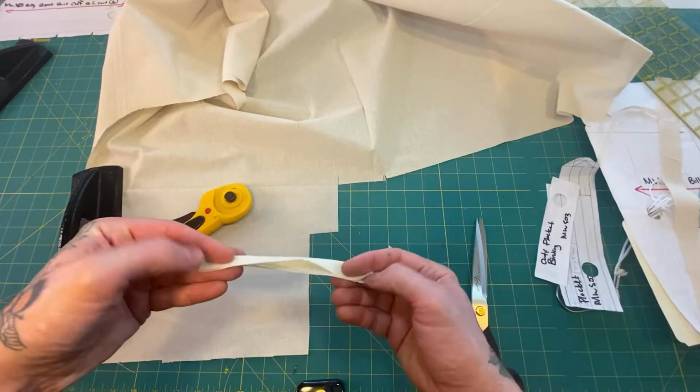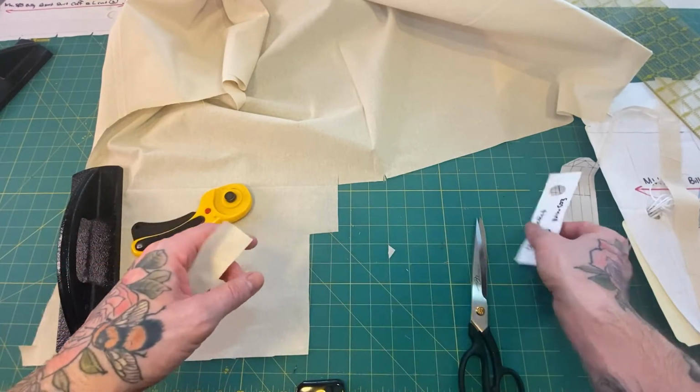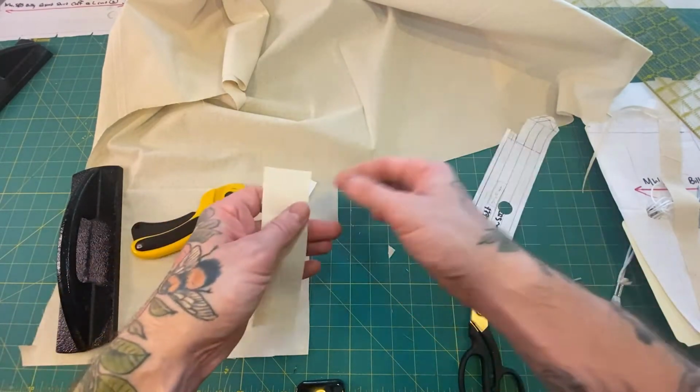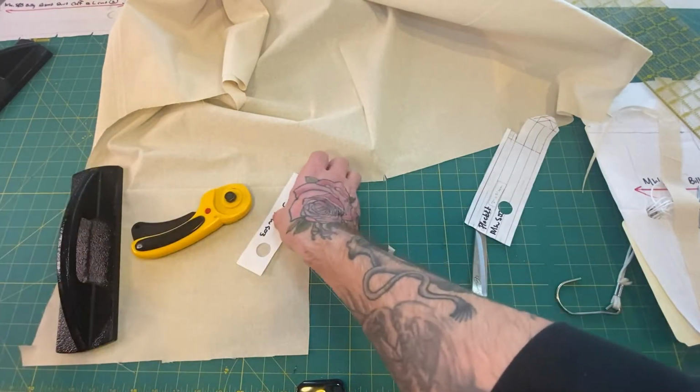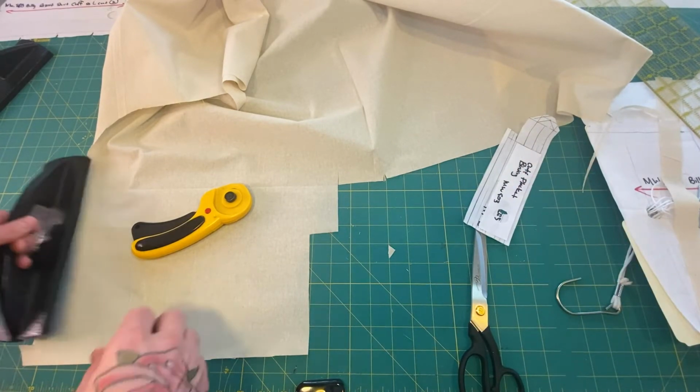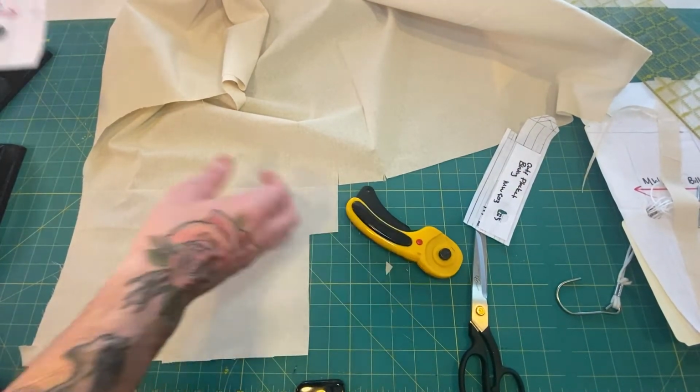Okay, so this underneath is our binding. I don't have seam allowance indicated here, but it's the same 1/4 inch seam allowance on either side, and that's going to factor in when we sew it together. That little binding strip is the strip that goes on the under part of the sleeve, and that's what the